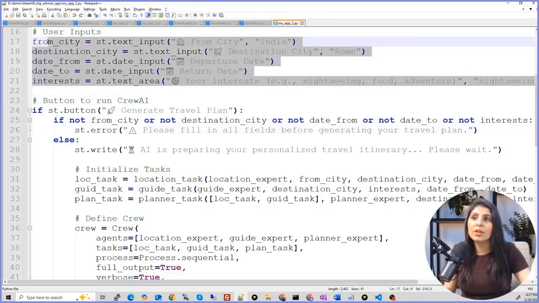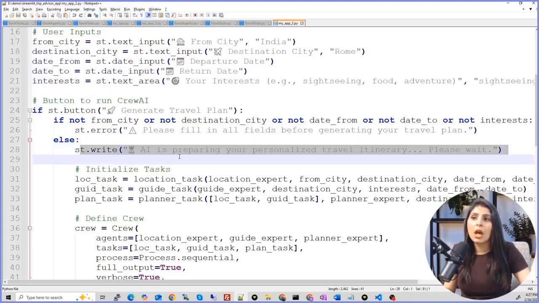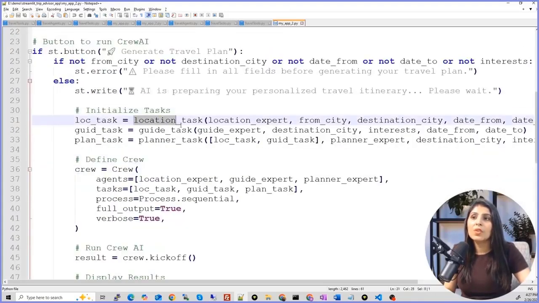And if the user provided all these values, then the app will work and we are performing the different tasks. See, location task, guide task, plan task. The location task we are assigning to the location expert, the guide task we are assigning to the guide expert, and for the planner task, these are the guide task and location task. On the basis of these two tasks, our planner task will perform the task and give us the final output.